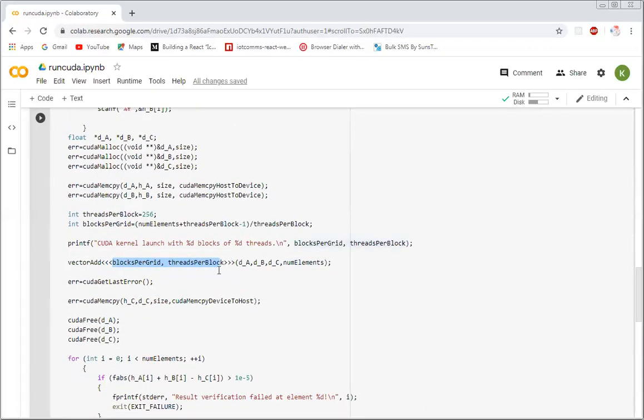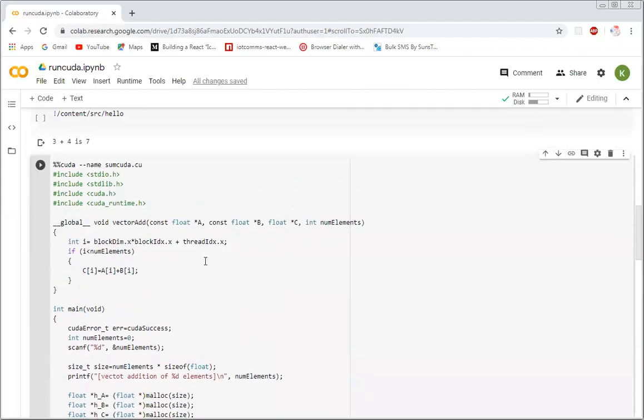Okay, and you can see here we are using the x dimension. Actually, what happens here, we also have a y dimension.